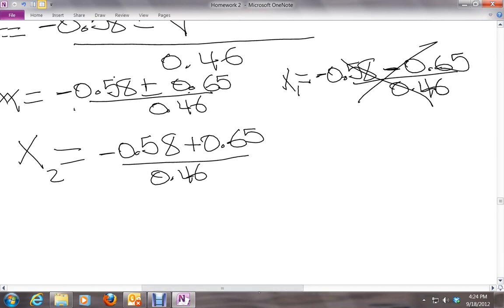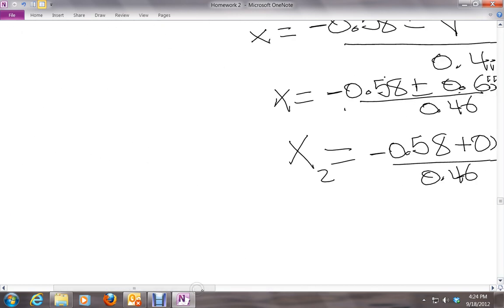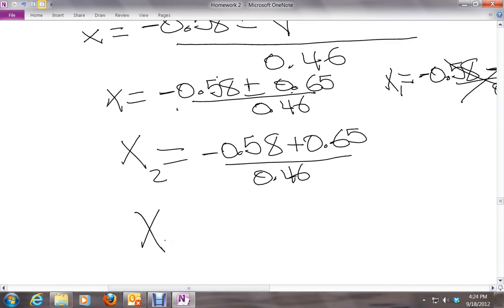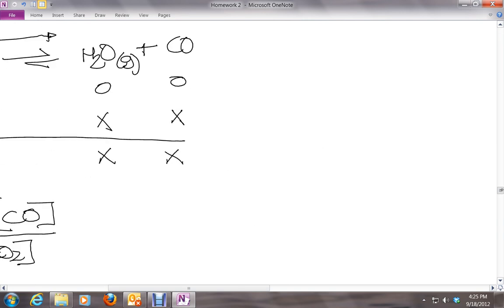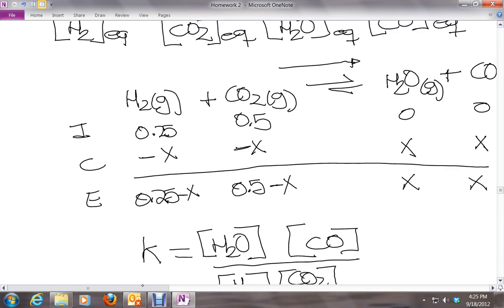So here we got x2 is gonna be 0.58 minus, divided by 0.46. It gives you 0.175 moles per liter. Now, if you look back, we got that the concentration of hydrogen